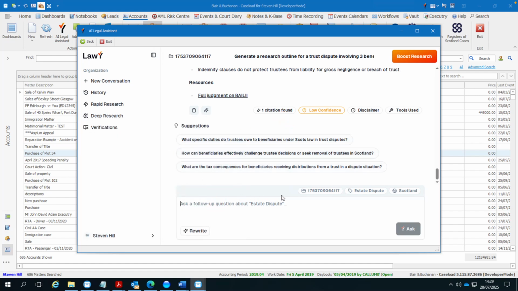So you can ask follow-up questions in there as well about this, so you can continue to ask questions. You would maybe want to ask what the assumptions are based on, or maybe ask for more relevant case law information. You can ask it to write a letter as well, or an email. So you can just say, can you create a letter based on